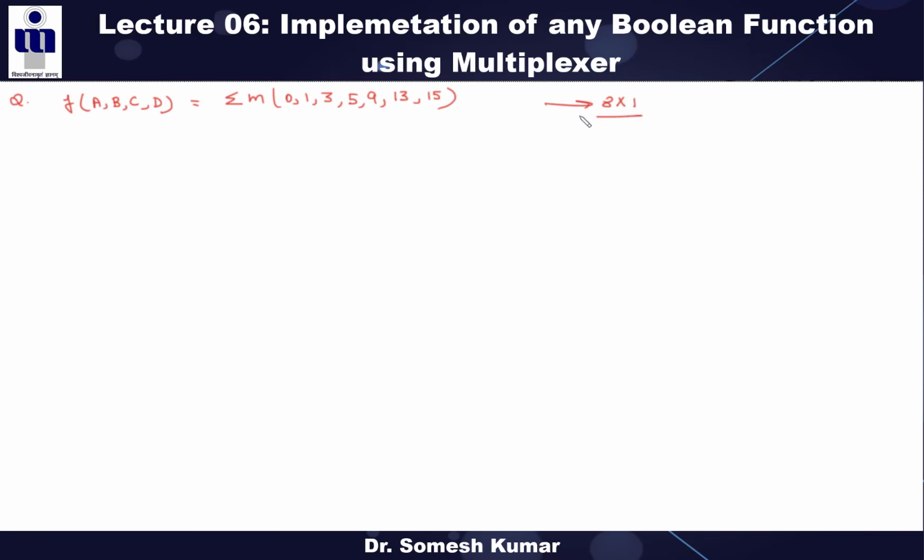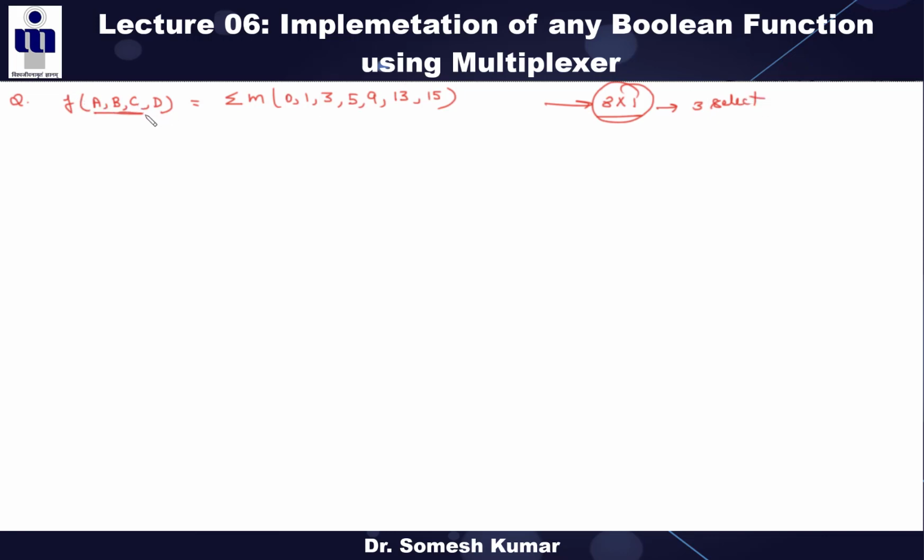So for 8:1 mux, but there are the 4 variables. So maybe NOT gate is used, right? So that similar method we have to follow for this process, right? So if it is not given which one is select line, then for simplicity you have to take these 3 as select lines, because for the 8:1 mux, how many select lines are there? 3 select lines. So you can use this first ABC as select lines.